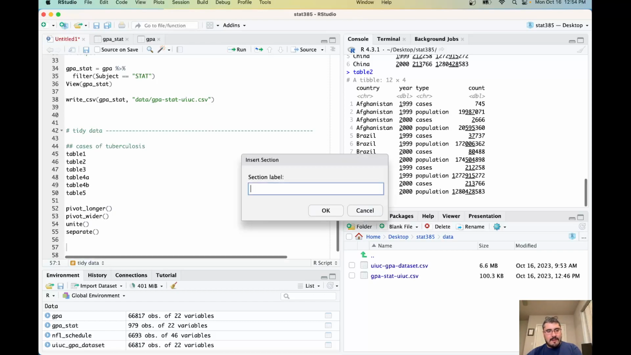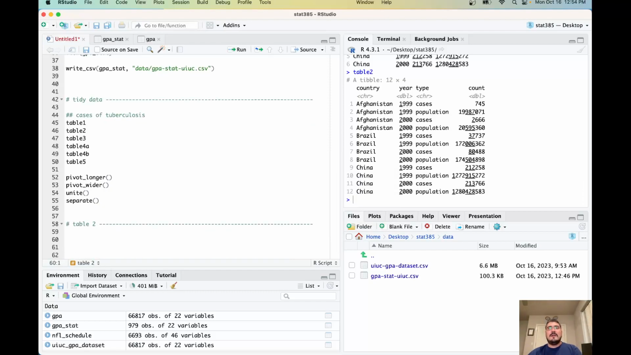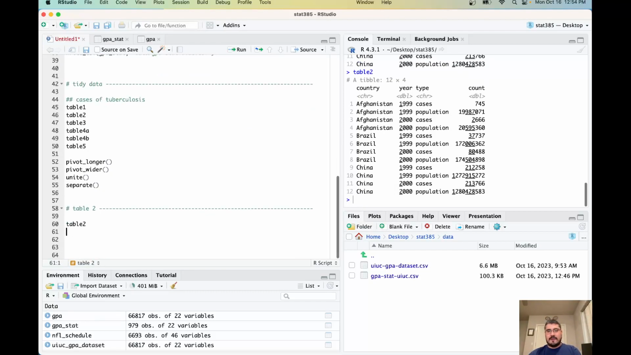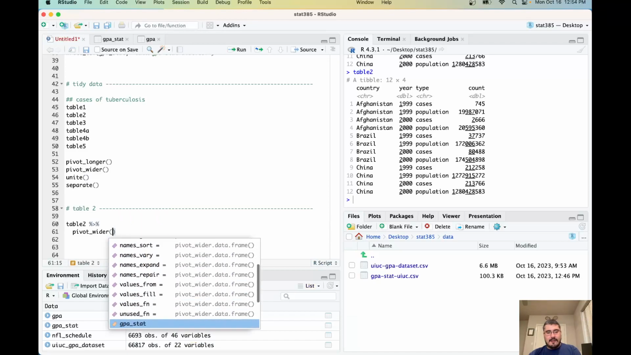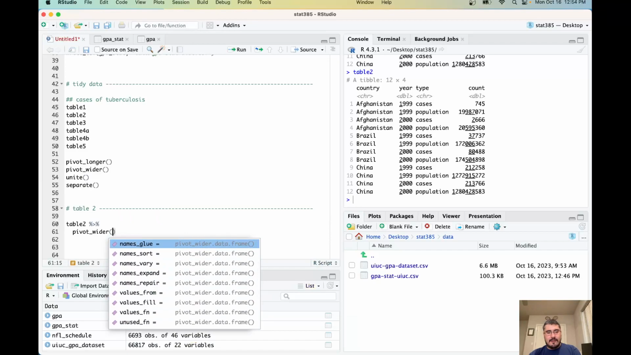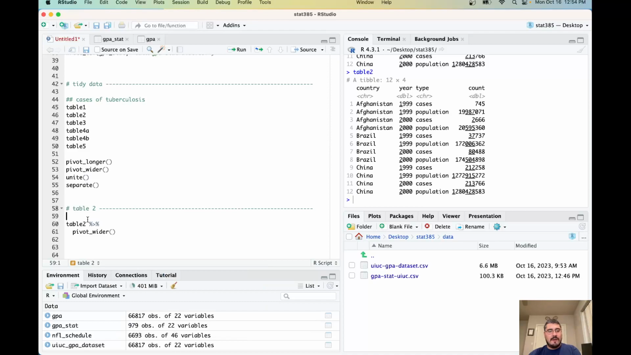Okay. So table 2. Command-Shift-R. All right. So let's just load up table 2 again. There it is. Okay, so what I'm going to do is pivot wider, and you can see all the arguments here. And the ones that we're going to use, from will be the key word here. So what I want to do is names from